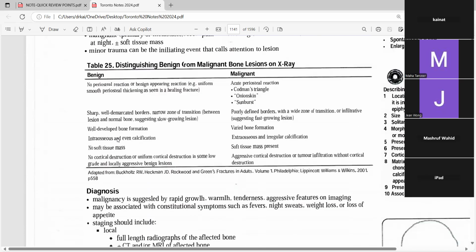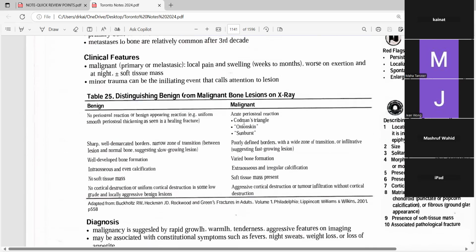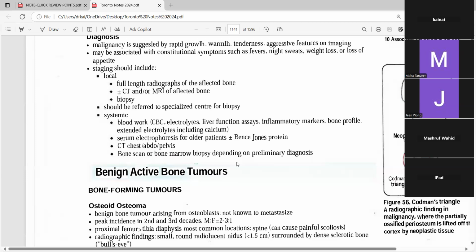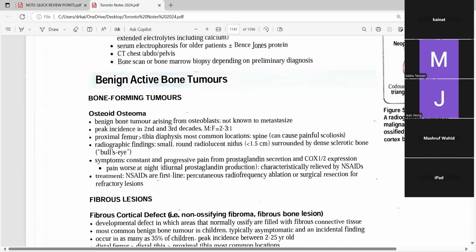In the bone tumors, the osteosarcoma is important. And then mainly the pictures. How does the X-ray look like? Okay. So usually they can give you a picture where the Codman's triangle is and ask you if it's a bone tumor or is it malignant or not. If you don't know how it looks like on the X-ray, you will not be able to make the diagnosis. How does the onion skin look like or the sunburst? The picture of the X-ray is very clear, okay, in this one mainly.